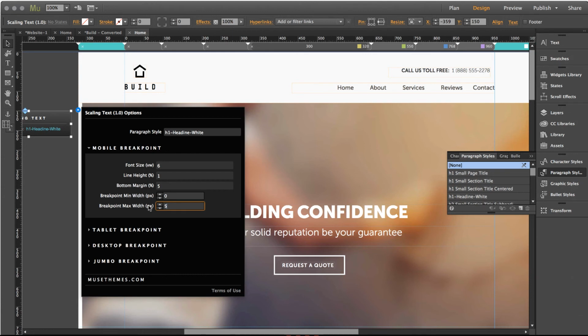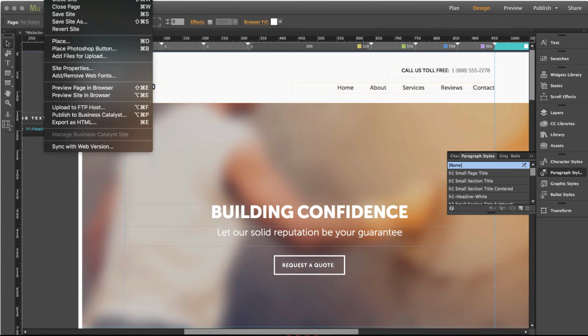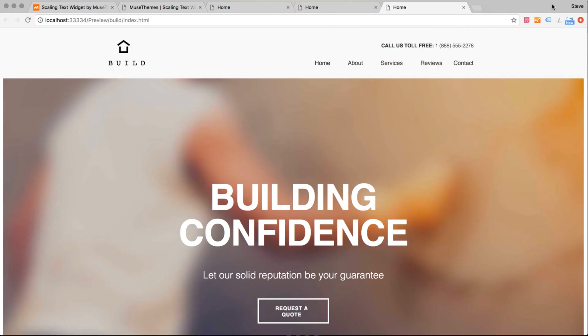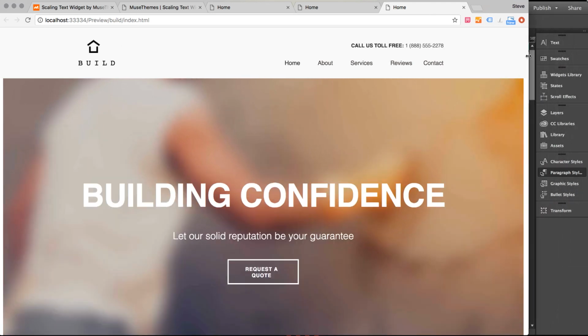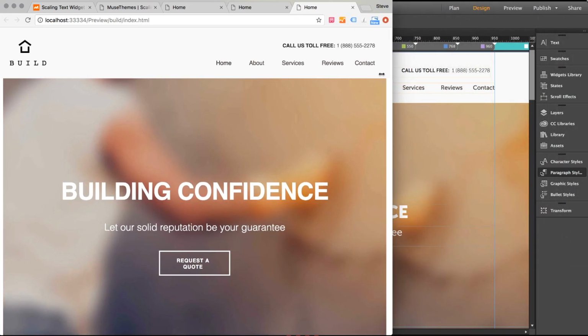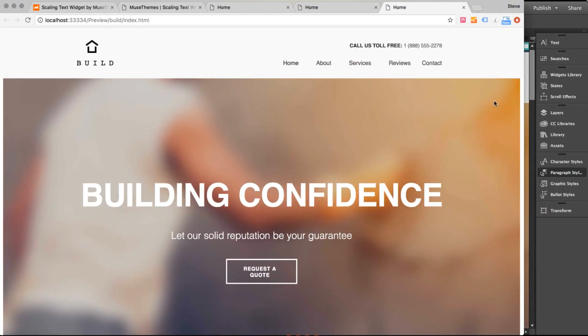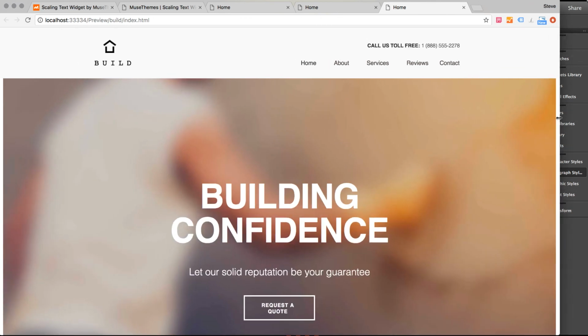Okay, perfect. And let's just set up one breakpoint. Let's go 0 to 5,000, for example. And our font size is going to be 6%. That's okay. Let's check out how it looks. There, so there's my headline, and as I scale the browser down, you can see it's proportionately scaling. So now if I didn't want it to wrap at this size up here, perhaps what I'd do is I'd add a breakpoint range at, this looks like about maybe 1,000 pixels and above,